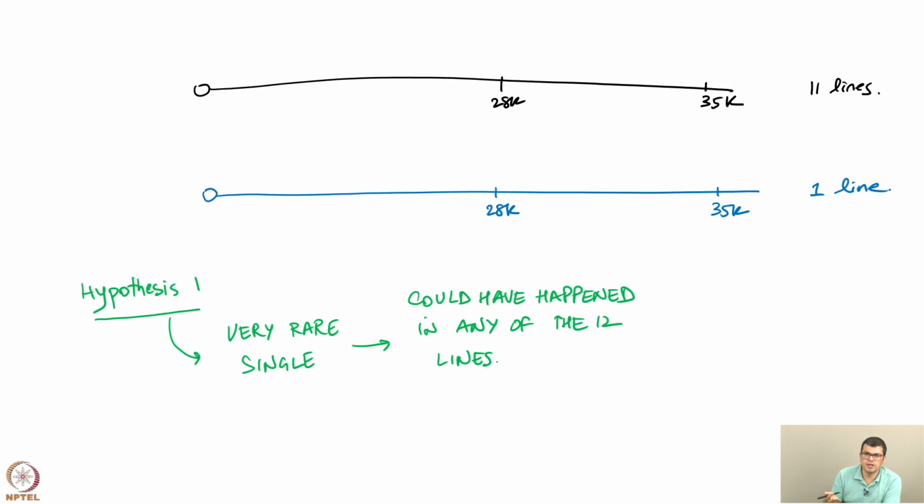But really it could have happened in any one of them, there was no particular reason that it needed to happen in this particular line. So the experiment to test this is that if I take the 28,000 stock from these 11 lines and evolve them again,